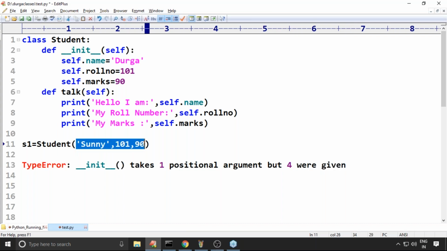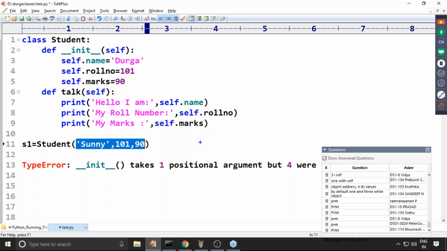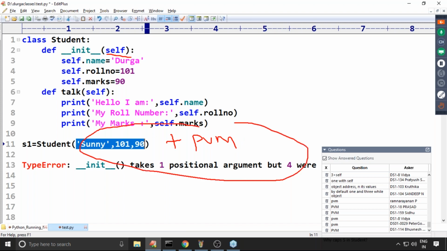Now, for self, who is responsible to provide it? The Python virtual machine. You provided three, plus the value to the self variable is provided by the Python virtual machine. So a total of four values are provided, but here it is expecting only one value. That is the problem.